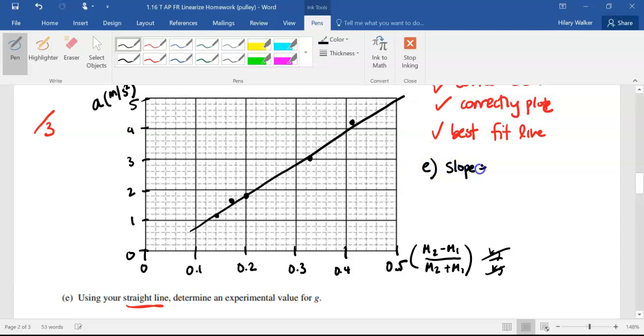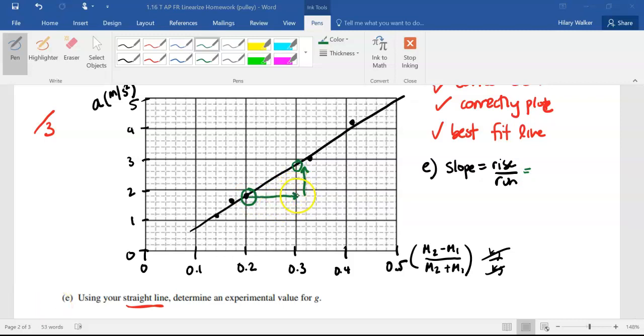So slope we know is rise over run. Make sure when you do the slope, you're always choosing points on your best fit line. So I'm going to do this point right here, and then I'm also going to do, oh, this looks like a nice little point right here. So this one, we go over and up. Okay, so our rise,